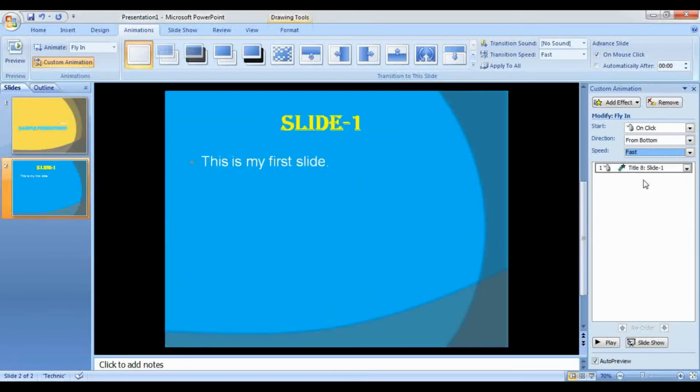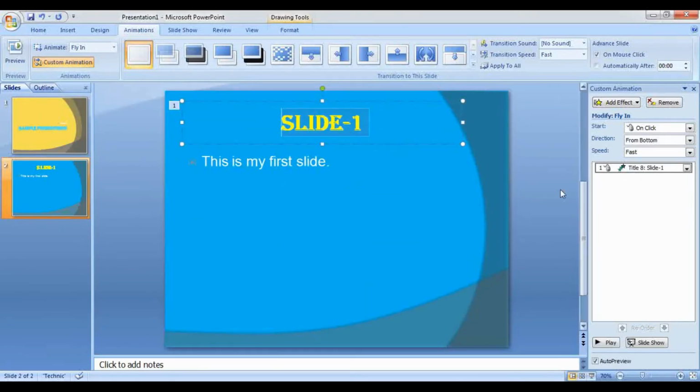So this is an average speed. Okay, don't just make it very slow so that the audience will feel disconnected from your presentation. Similarly, don't make it very fast because they won't be able to see it. So just keep a moderate speed, and once it is done, there you go. Now you can apply the other animation effects.